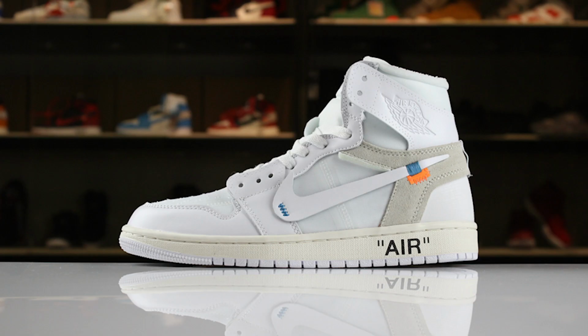And at number 6 on the list, and I'm so sad that I had to put this low on the list, but there's just that many good Off-White sneakers. And the sneaker that I have number 6 on here is the Off-White Air Jordan 1 in the white colorway. The Off-White 1 colorway